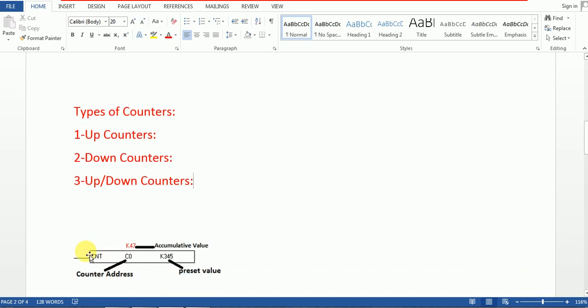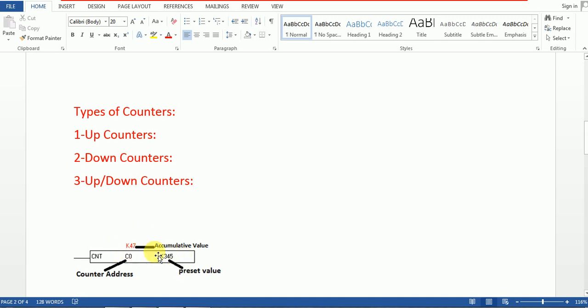This is a picture of the nomenclature of the counter. CNT means counter. CNT means 16-bit counter, and if I put D with CNT, DCNT, it is called a 32-bit counter. C0 is the counter reset, and C0, C1, C2, C3 are all counter numbers. And that value is a preset value according to your logic in the program. You can set the value according to your project, and this is in red color.